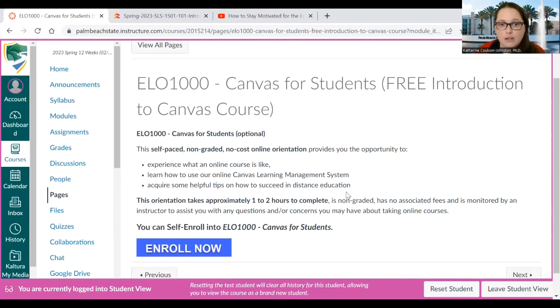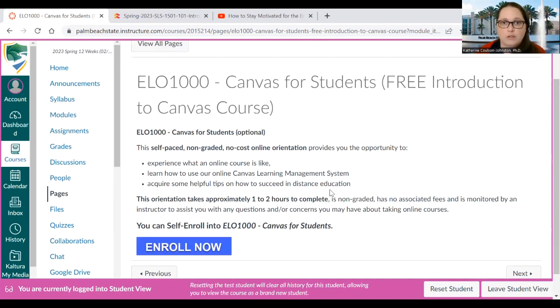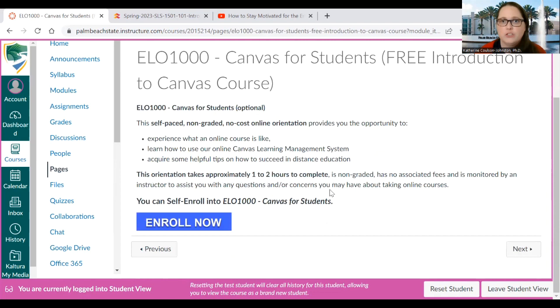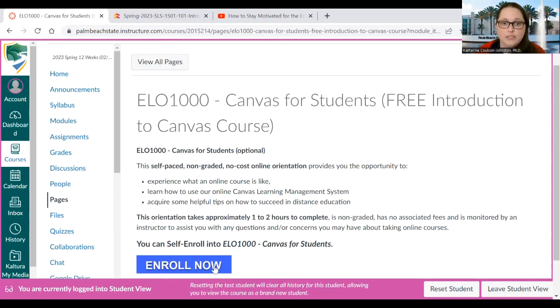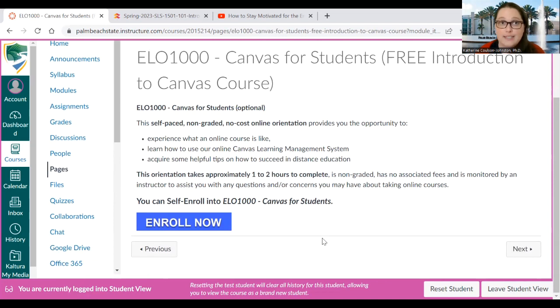If you feel a little uncomfortable with Canvas, it's no cost, and it'll just give you a guided tutorial of what Canvas is, so please feel free to take advantage of this. I think it's a great idea. It's, again, not required, totally optional. Some students might be already familiar with Canvas and some are not. So if you don't feel super comfortable right now, I promise it will come in time. But if you want to get a head jump, then go ahead and enroll in that.